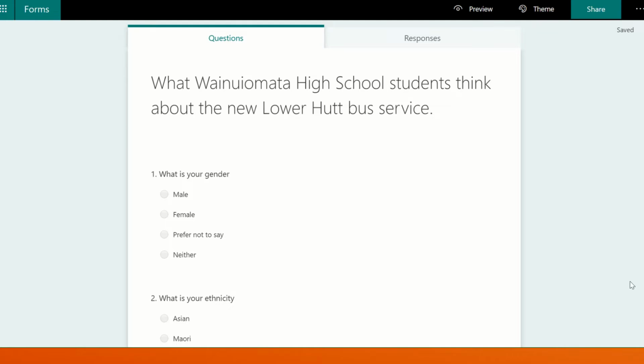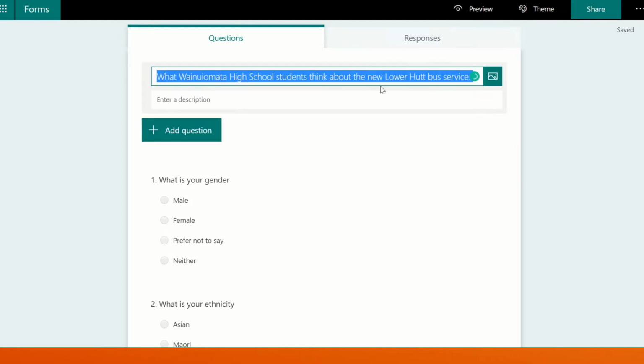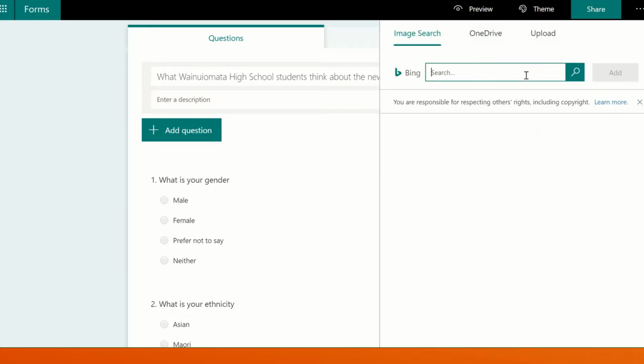I've started a form here. This is a questionnaire about Wainumarra High School students and what they think of the new Lower Bus service that's just been changed. So obviously if I wanted to change my title, I can come up here, I can change anything here, I can even add photos if I want to into this part here. Maybe let's go find a picture of a bus. So I'm going to click on that,